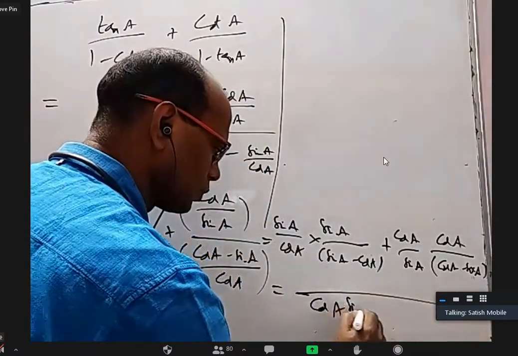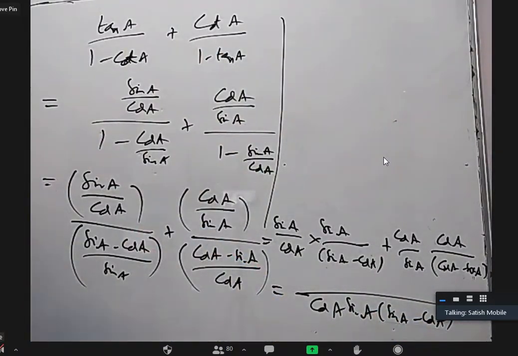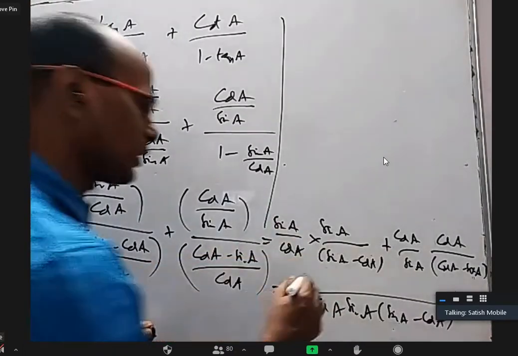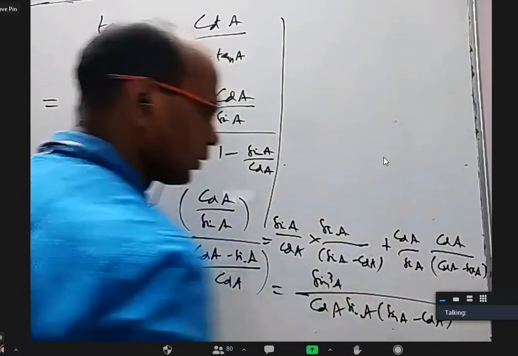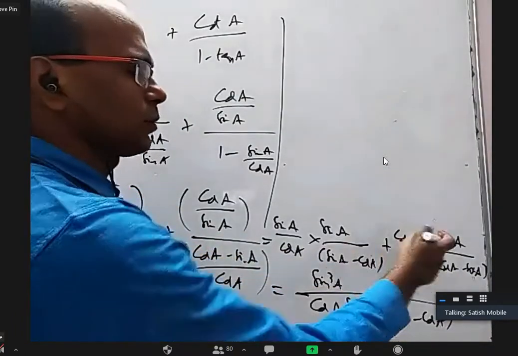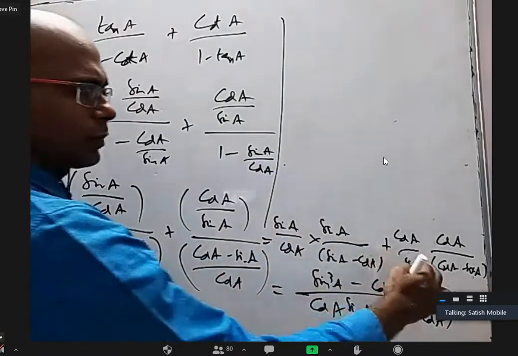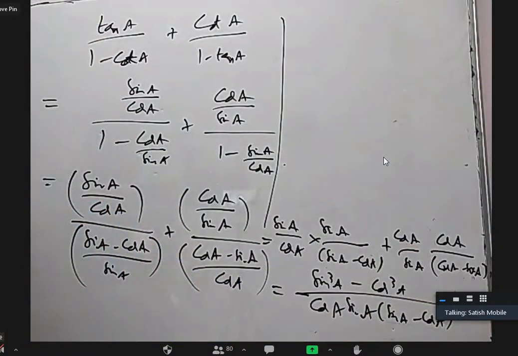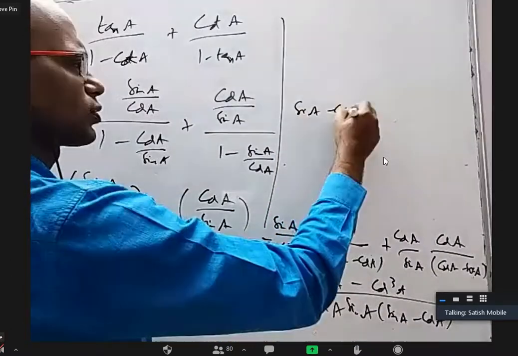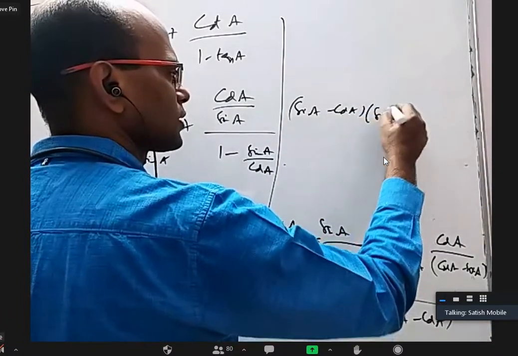Cos A into sin A minus cos A. Now, this and this are mostly the same except one sin A is not there. So I'll multiply sin A, so it will become sin cube A. Here sin A is there, sin A minus cos A is not there, negative of that is there, extra cos A. I have to multiply with minus cos A, it will be minus cos cube A. Here I multiply sin A, here multiply with minus cos A, will get like this. Now A cube minus B cube, I can write sin A minus cos A into A square plus B square plus AB. That is sin square A.